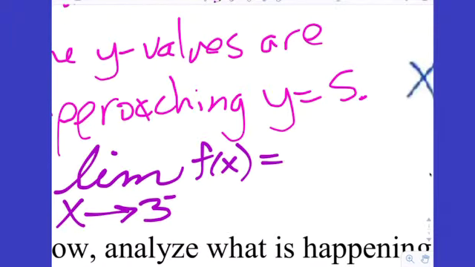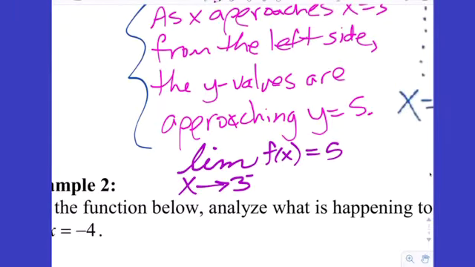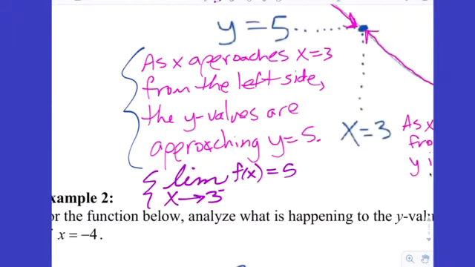And then we're going to go ahead and say equals 5. So what we say right here in purple is exactly the same thing we say in pink up above. But notice the math sentence is a lot shorter than the English sentence. Here's officially how you would read this. The limit as x approaches 3 from the left-hand side of 3 of the function f of x is 5. That's just a fancy way to say as we get closer to 3 from the left, the y values